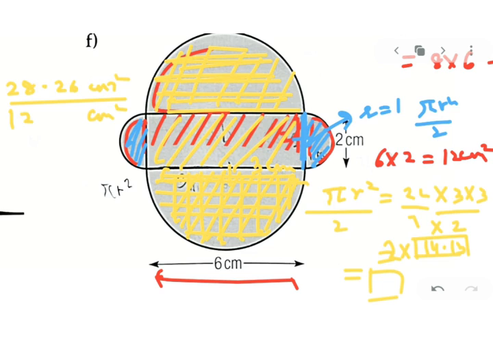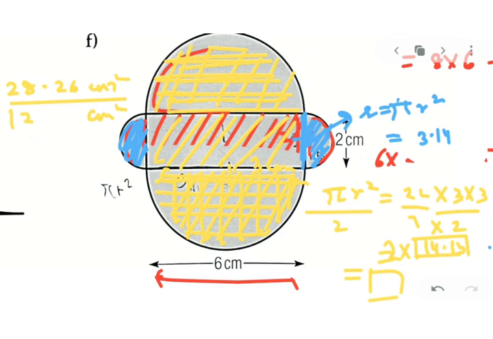Okay, so now it makes sense. This half is blue colored and this is the other half, so it becomes one full circle. So if you want, you can directly take pi r square, because later you multiply by 2 anyway to join 2 semicircles. So if you want, go directly with pi r square. So pi r square, if you want to take pi, 3.14 or 22 upon 7, it's one and the same thing. Your radius is 1 this time, so your answer is 3.14.